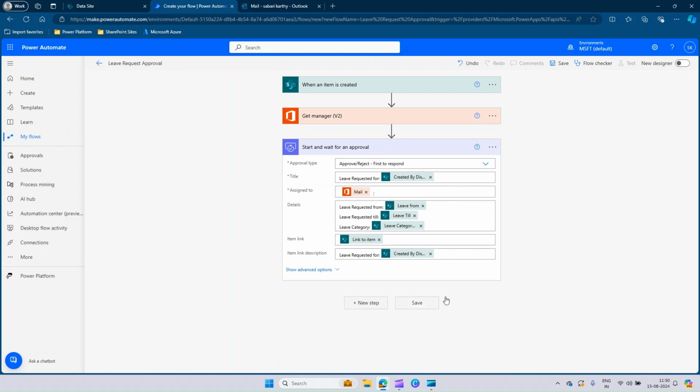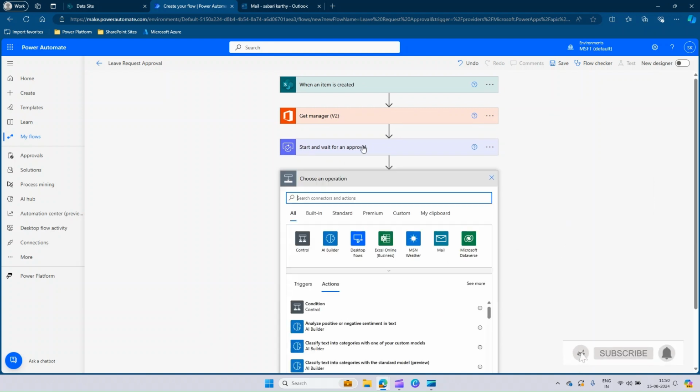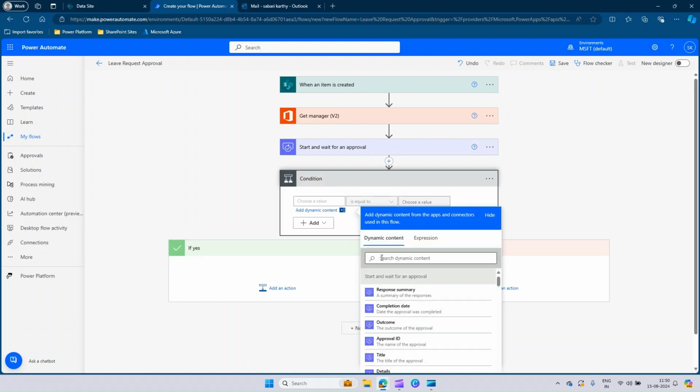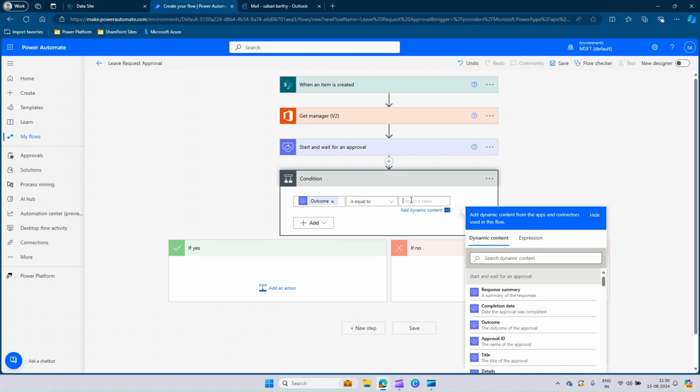So the next action, what we should do is we should get the outcome of this approval action to find whether the user has approved or rejected. So I'll add a condition here, and in the condition I would like to check the output of outcome from the previous step. So outcome, if the outcome is equal to approve,